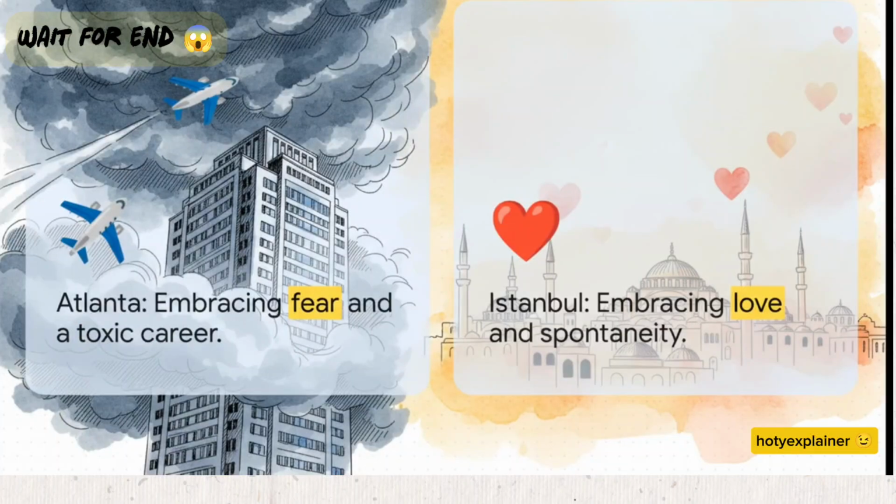The tour company finally catches up with them, Jeb gets his phone back, calls his co-worker, and realizes he has exactly one narrow window to catch a flight back to Atlanta to save his job from his toxic boss. So the climax becomes this massive clash of ideologies. Is he going to choose the flight to Atlanta, embracing fear, pure logic, and corporate survival? Or is he going to choose to stay with Hope for her final stop in Istanbul, embracing love, spontaneity, and truly living in the moment?